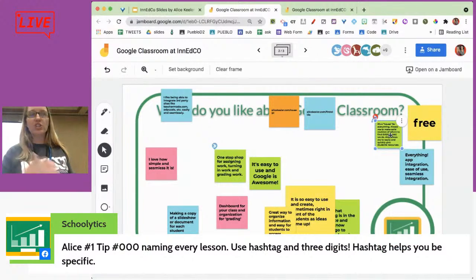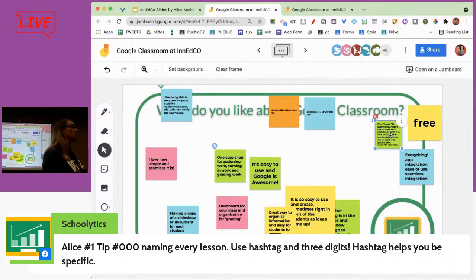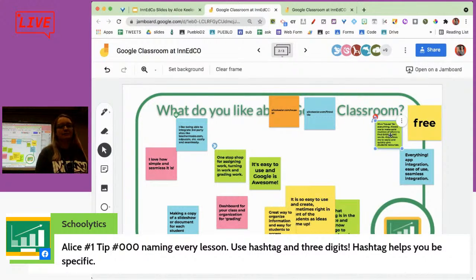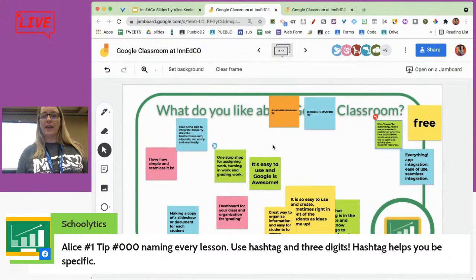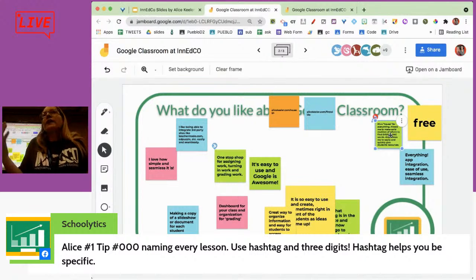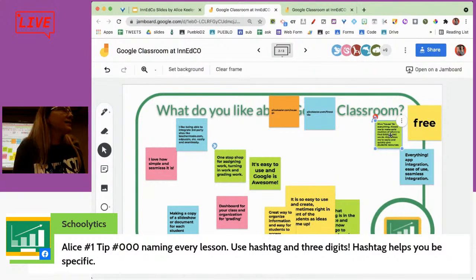So you search in your Gmail, search in your Drive, search in Google Classroom. That hashtag makes a big difference because it makes it unique. So yes, somewhere in there, put everything in there. I don't want to hear students say, what did I miss? If I have a sub, I just leave. It's stress-free.